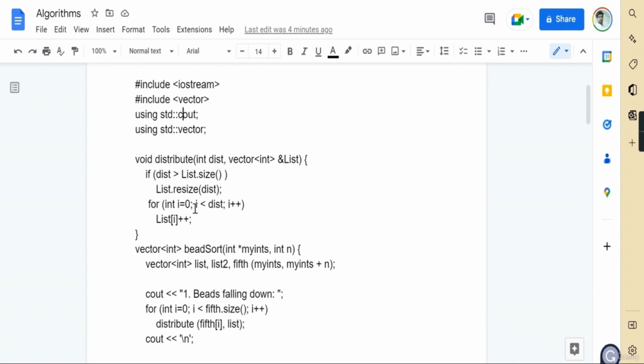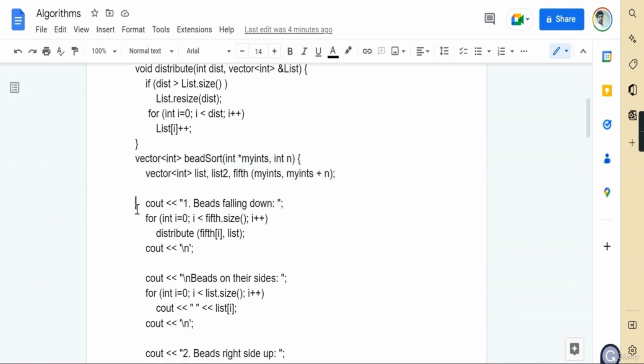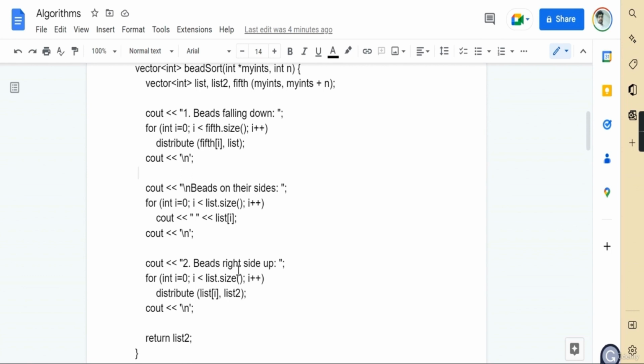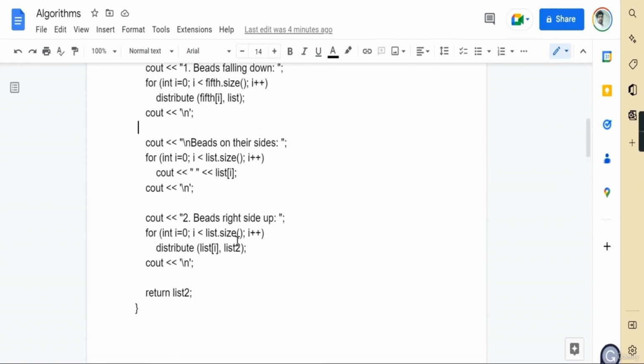Then we are defining the conditions, and then we are calling our bead sort, and using the pointer we are assigning the values. So now we are sorting our data by beads falling down, beads on their sides, beads right side up,